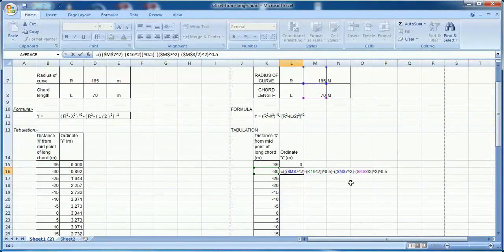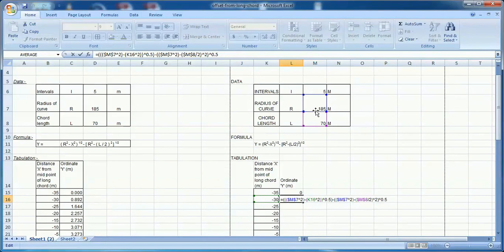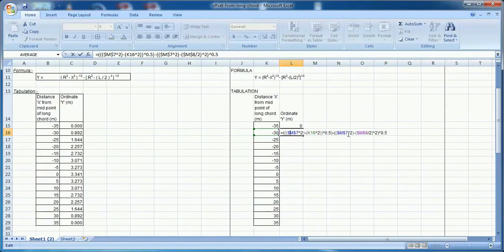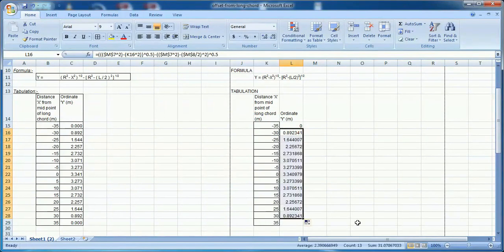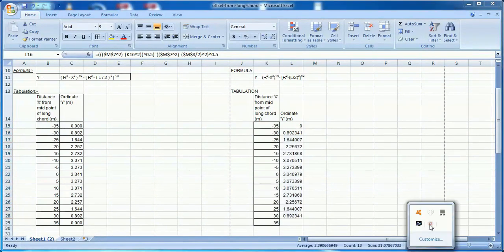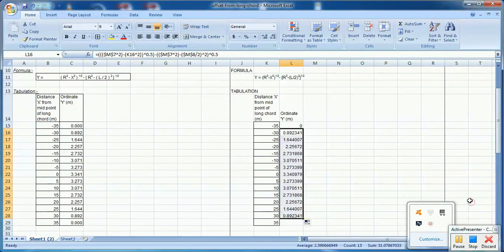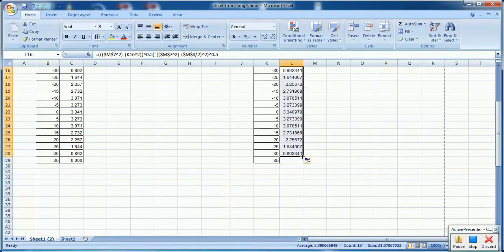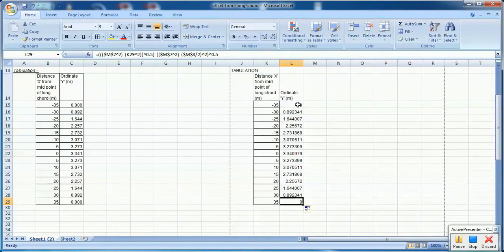Okay, I have inserted the formula, and for the constants, r and l, for both you have to put the dollars. Then you have to drag it down. Okay, then after that I'll drag up to here,